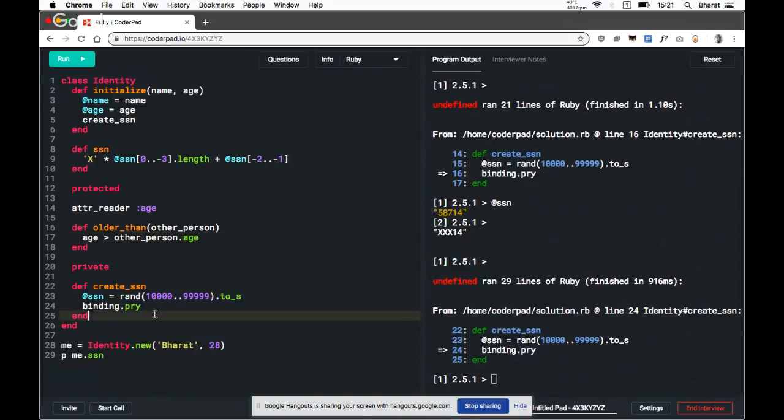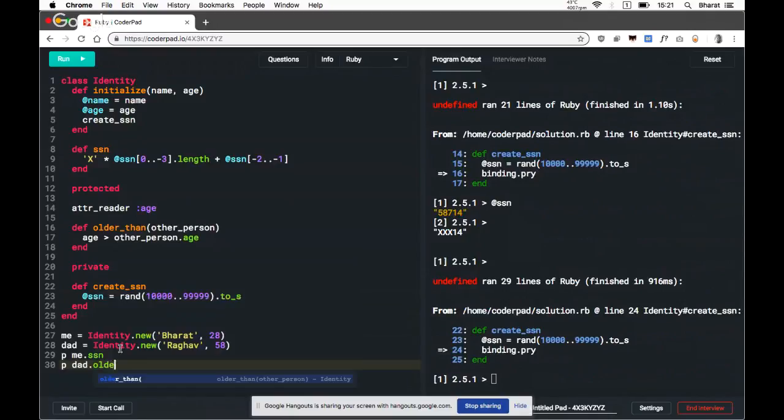I'm going to remove this binding, and I'll compare my age to my dad's age. And then I can say older than me.